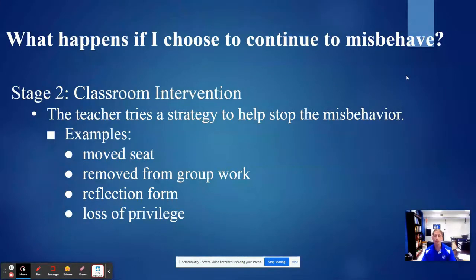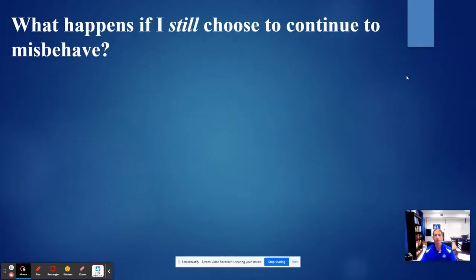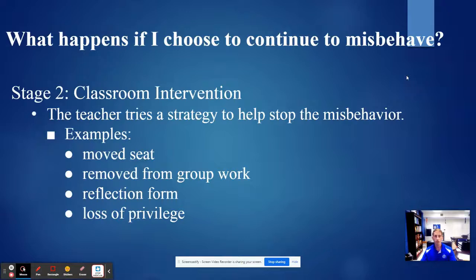Moving the seat is maybe the most common example, where the teacher simply says, "Hey, I need you to move over there." And at this point in time, let me reiterate this, you are still not in trouble. If you just go to the other seat, you're going to be okay, and you stop the talking or drumming or the disrupting class. So that is what they do to help tell you, hey, you need to stop. Now, if you start to argue and make a disruption even more because of them asking you to do this, that's going to be a bigger problem. So that is stage 2.